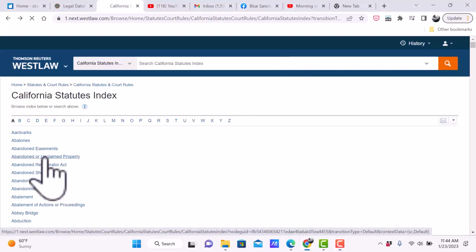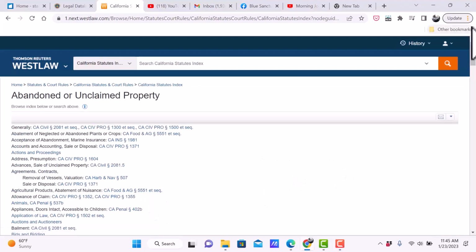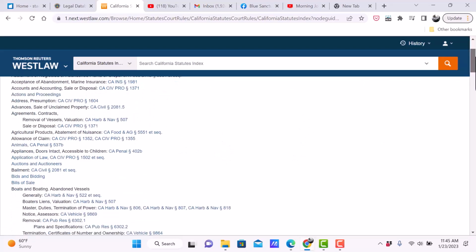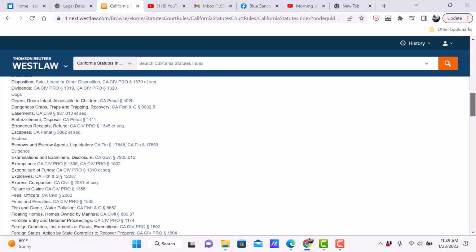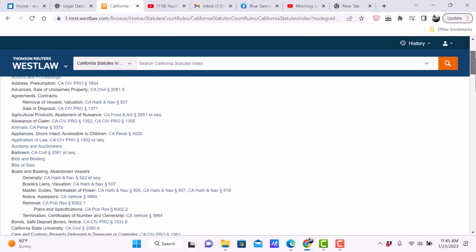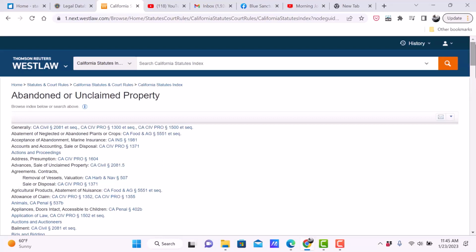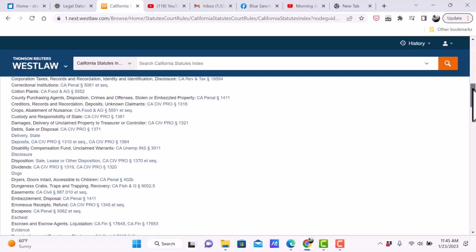So you find that in the A's, and you go there, and you can see instead of there just being one entry, like in shoplifting it was generally, you can see it's quite a long list of search terms that fall under the term abandoned or unclaimed property. You can see here under generally that there's several places in the Civil Code and the Civil Procedure Code where it's telling you could start. But let's say you know you're interested in something in particular about the Unclaimed Property Act. So you can scroll down